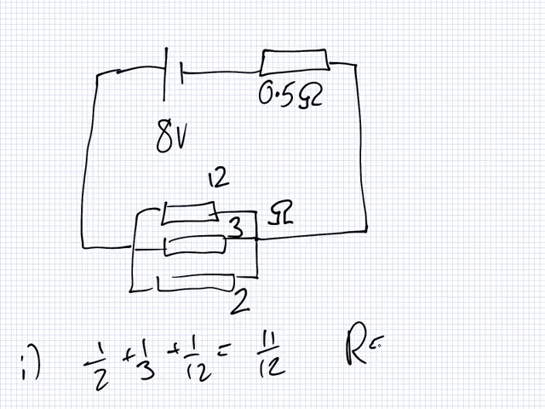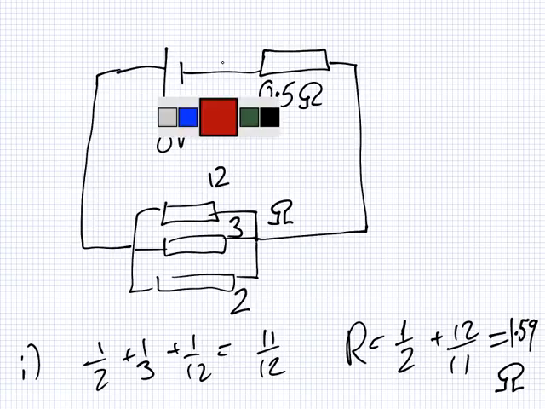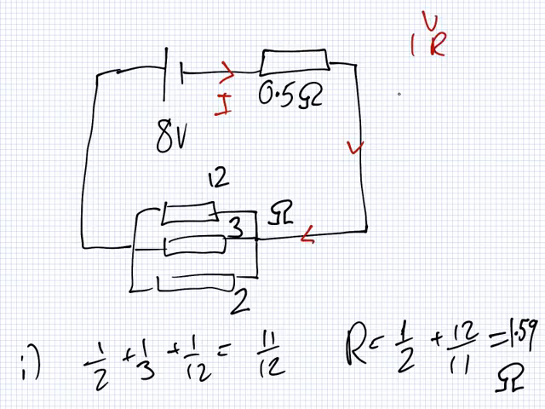So the total resistance is 1/2 plus 12/11. I didn't make a mistake, did I? 1.59 ohms. Did you get that, Miss Sharif? Yeah, great. What's the next part? Determine the current flow through the 0.5 resistance. Easy peasy. So here is I. So you have V equals I R. So I equals V over R, which will equal 8 over 1.59, which equals